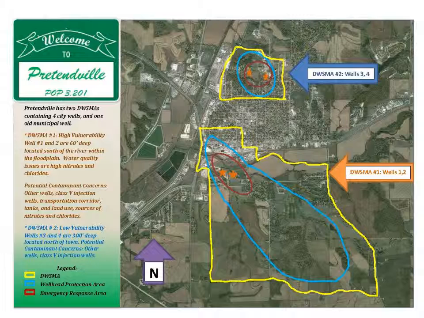We know that there is at least 50 feet of clay which protects the lower aquifer. For each well field, you can see the locations of the emergency response area in red. This is the area where contamination or a water drop could move horizontally towards the well and reach the well in 1 year. The blue line is the Wellhead Protection Area, or WHPA, which is a modeled 10-year time of